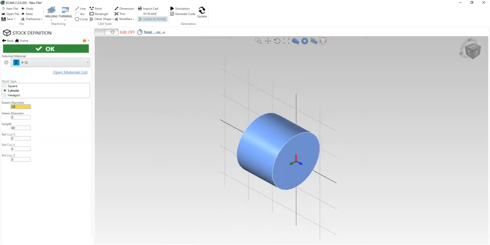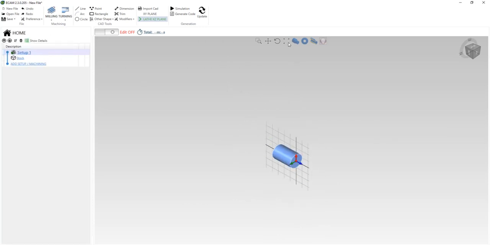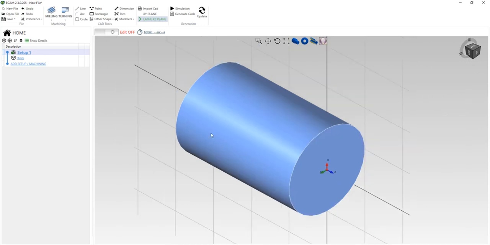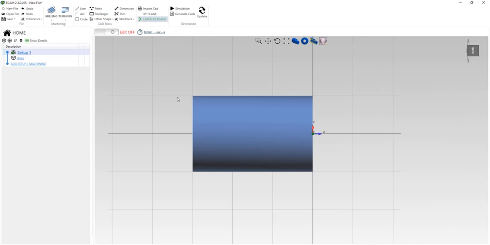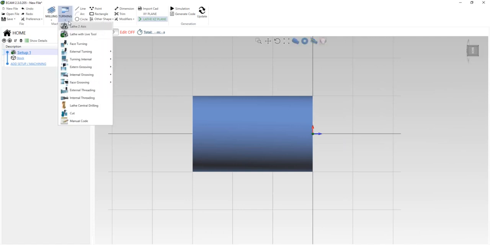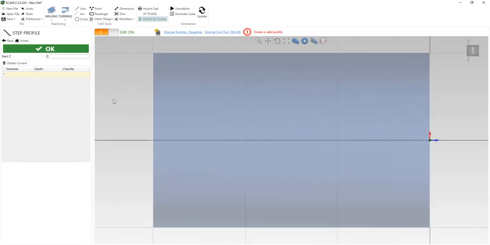The diameter value is 20, the length value is 30, OK. See, now the 2D view means the top view, and in turning we will select the external turning because here the option is step profile and you will see the chamfer option is here.